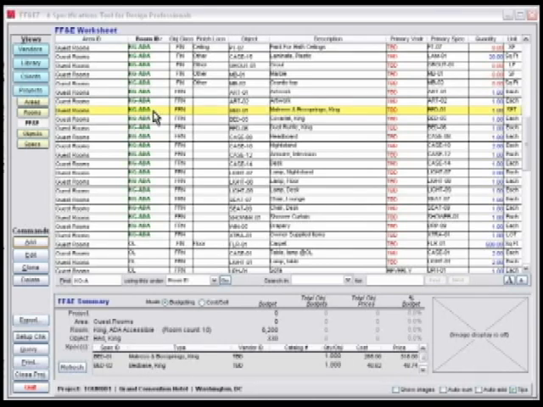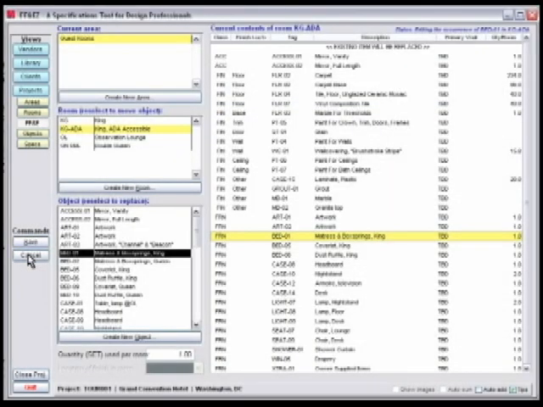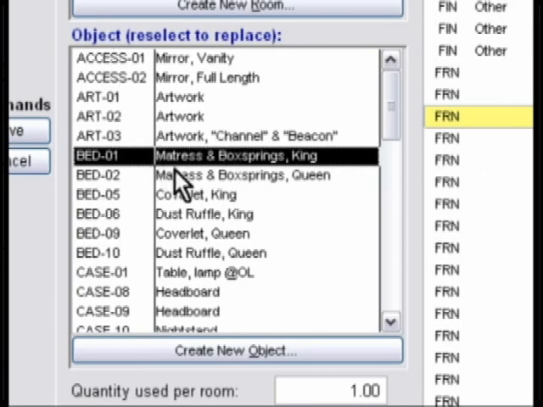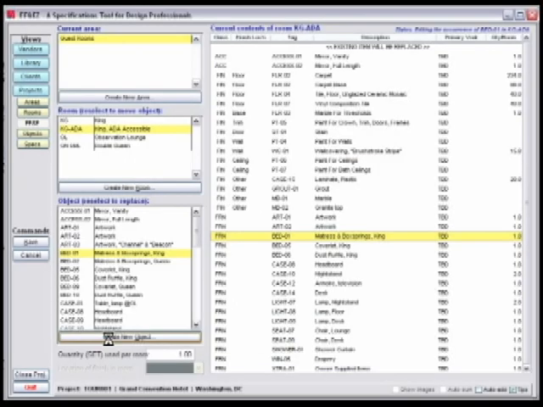Now before we were adding, and it's very important to understand that if you want to change something that's already there to something else, you're going to edit that occurrence. So I'm going to click Edit, and that's going to bring up the Bed 01 object highlighted in this same room that we're in. And what I want to do is switch it out with an accessible bed, which doesn't exist yet. So what I'll do is create a new object,